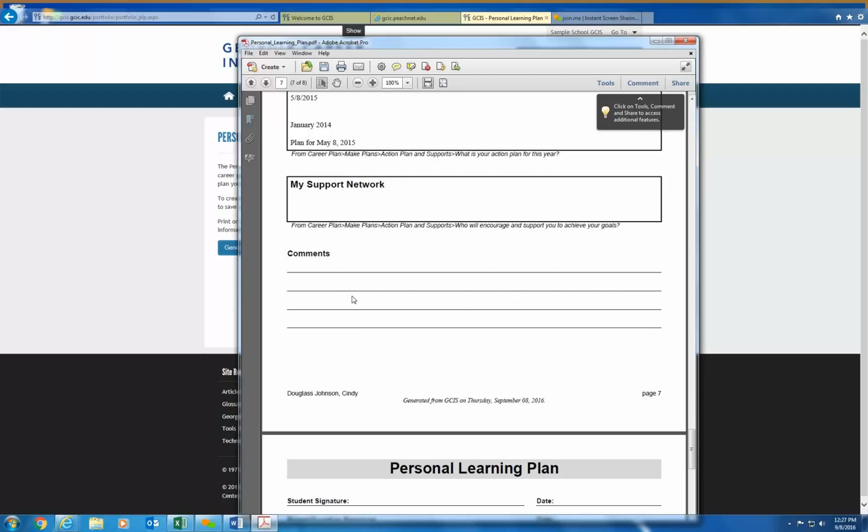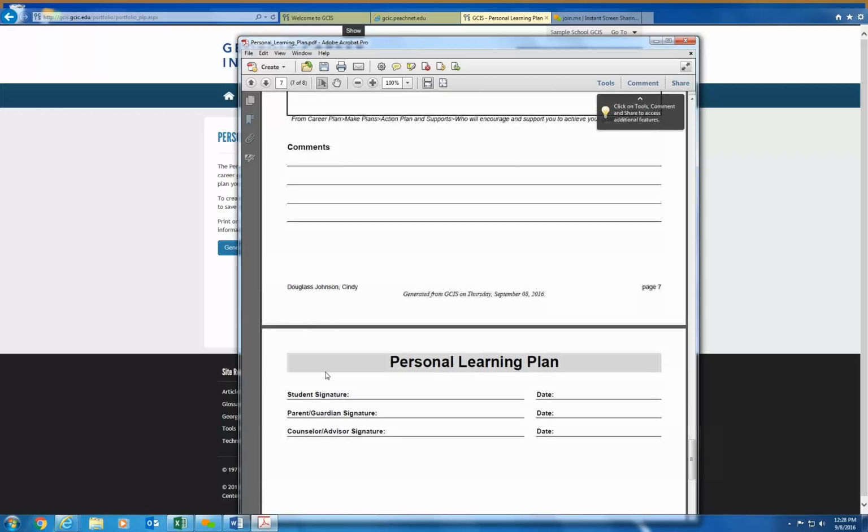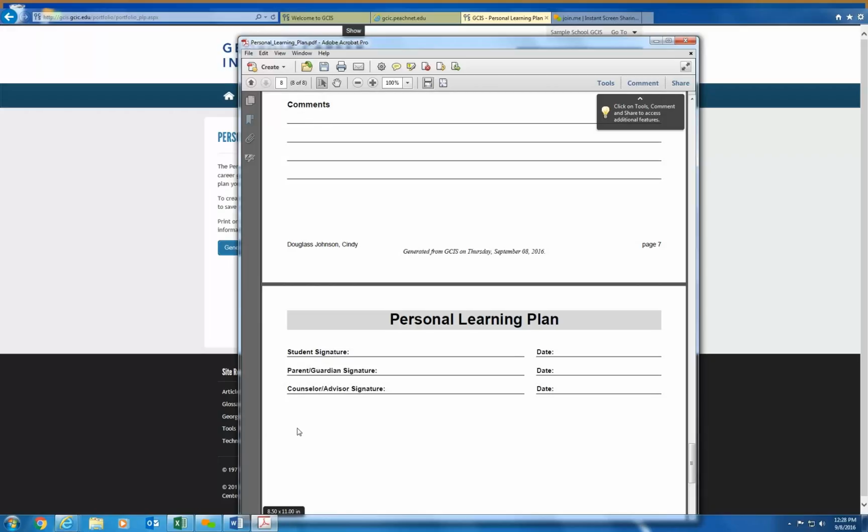You have an opportunity to provide comments. So if you want to print this out as a tangible document that you repeatedly pull out to advise your students, on today's date, you might have one comment. 6 months from now, you may want to revisit this so that you can pull it up and see what you've shared with the student and to also give them additional insight. There's also an opportunity for the student to sign, the parent or guardian to sign, and you as the advisor to also sign off on, so that you can share that during that annual conference with you, the student, and the guardian.